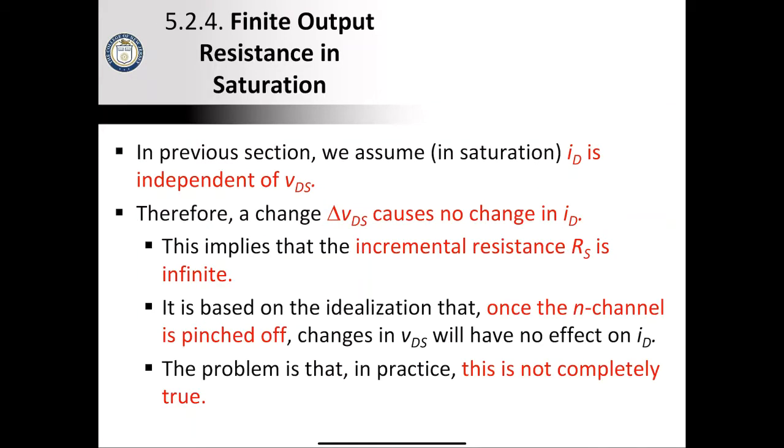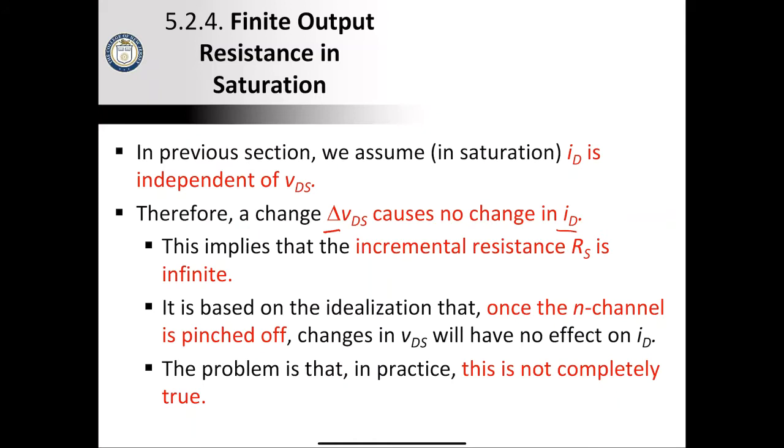Now, moving on to section 5.2.4, finite output resistance in saturation. In the previous section, we assumed that in saturation, ID was independent of VDS. And what we said was that a change in VDS caused no change in ID. This implies that the incremental resistance is infinite, and it's based on the idealization that once the N channel is pinched off, changes in VDS will have no effect on ID. The problem here is that in practice, this is not completely true. So let me draw all of these